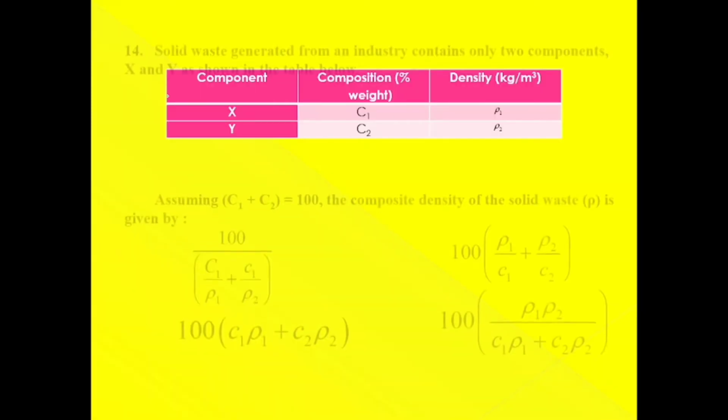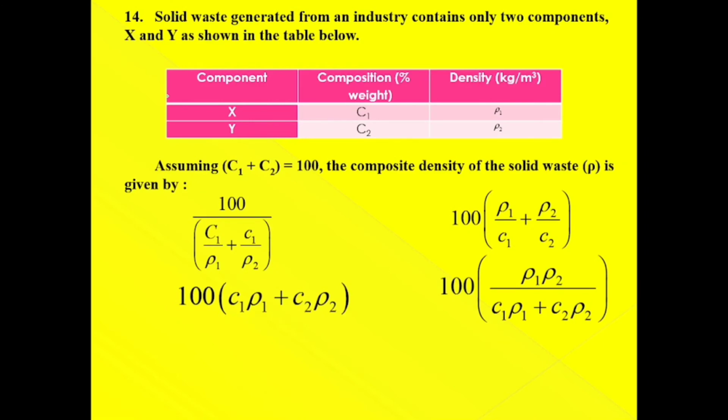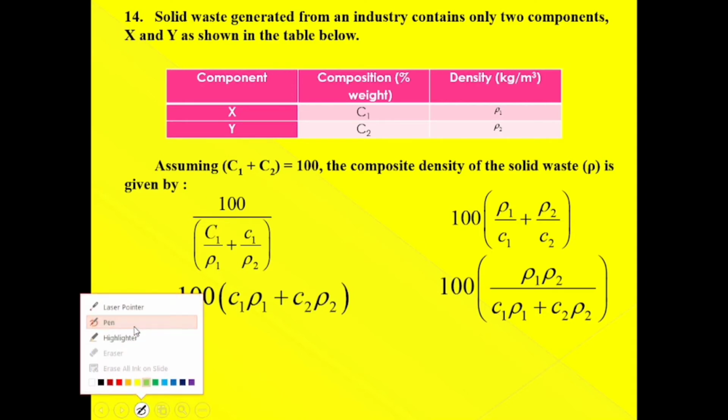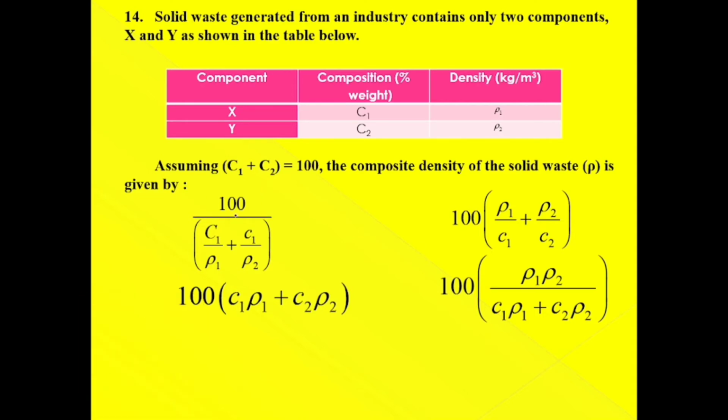Our question number 14: a solid waste generated from an industry contains two components, X and Y. The composition rates are given as C1 and C2 and the densities are given as rho 1 and rho 2. This is the data. Assuming C1 plus C2 is equal to 100, we have to calculate the composite density, meaning the combined density. So the volume of X